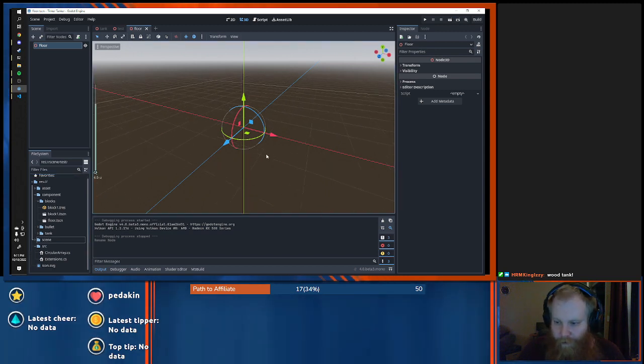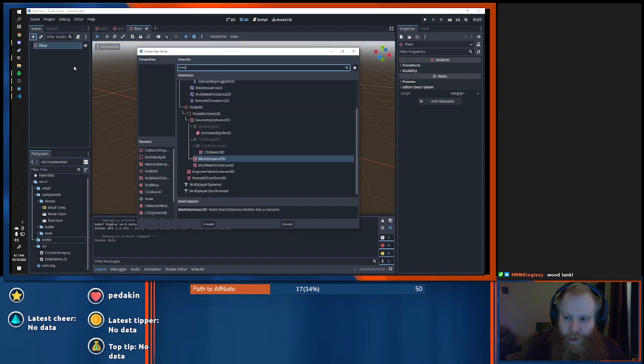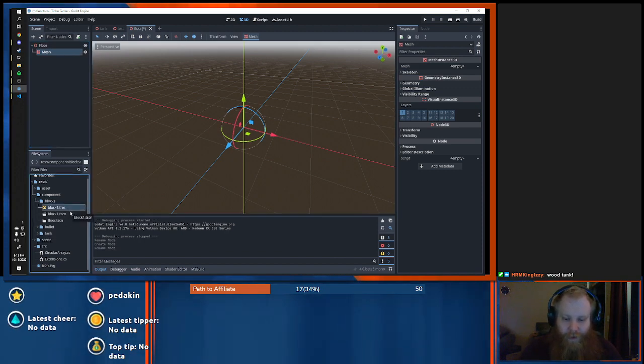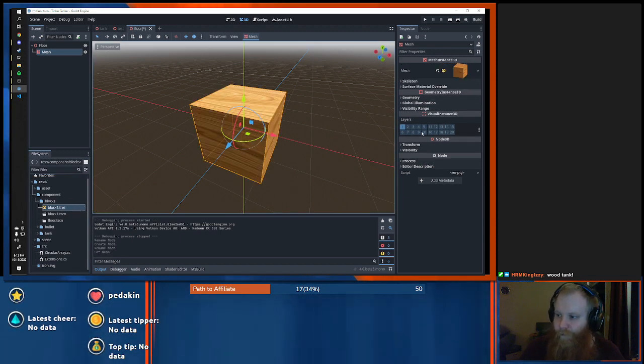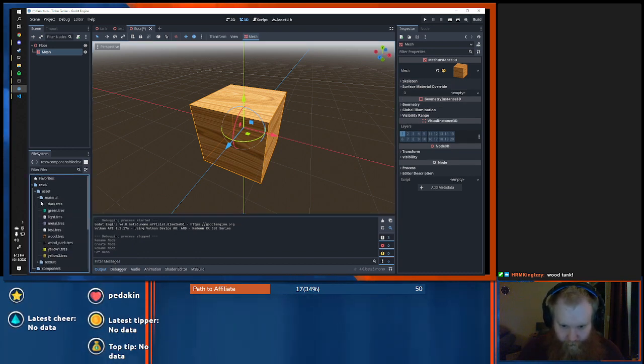Okay, we're going to kind of do a similar thing. We're going to add a mesh. This is going to be a mesh instance. We're just going to rename it Mesh. We're going to give it a mesh. We're actually going to give it... What happens if I give it this... Oh, I know what I can do. So we're going to give it this mesh. And we're going to change the material. We're going to give it this... pardon me, this darker wood.